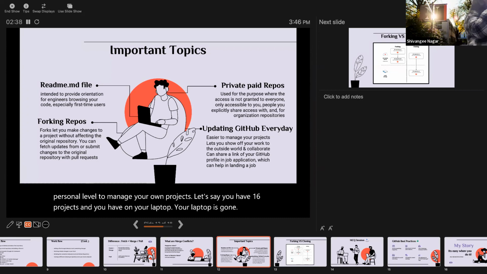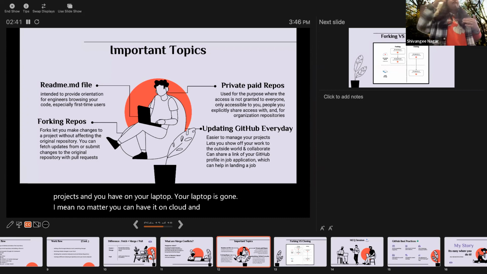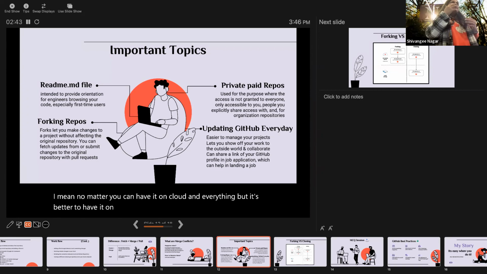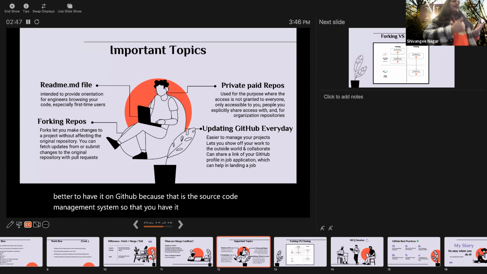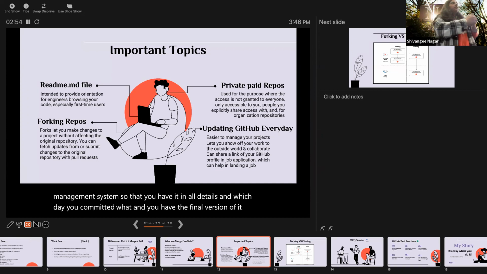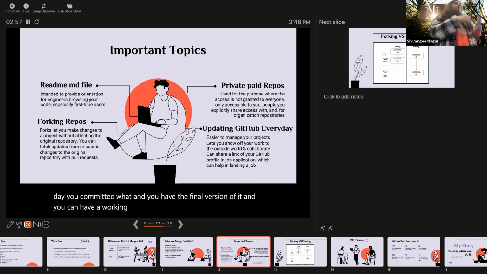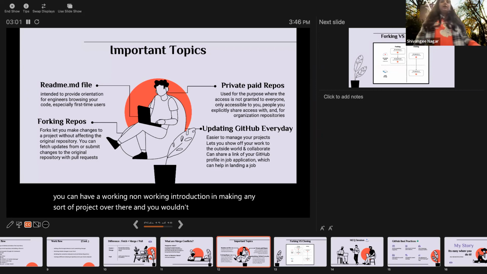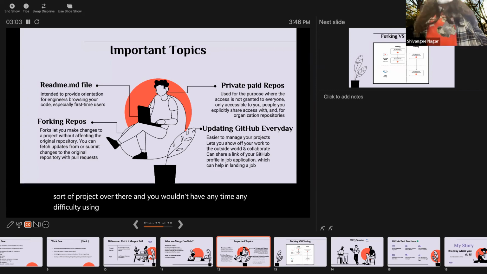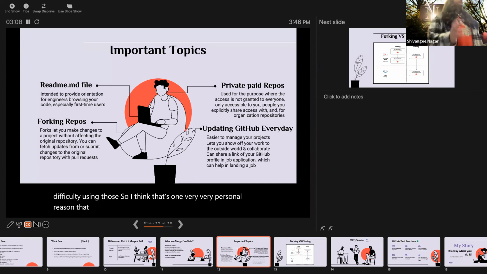I mean, no matter, you can have it on cloud and everything, but it's better to have it on GitHub, because that is the source code management system, so that you have it in all details and you know which day you committed what, and you have the final version of it, and you can have working, non-working, in production, in making any sort of project over there. And you wouldn't have any difficulty using those. So I think that's one very personal reason that I update my GitHub almost every day. I mean, according to whatever I'm doing.